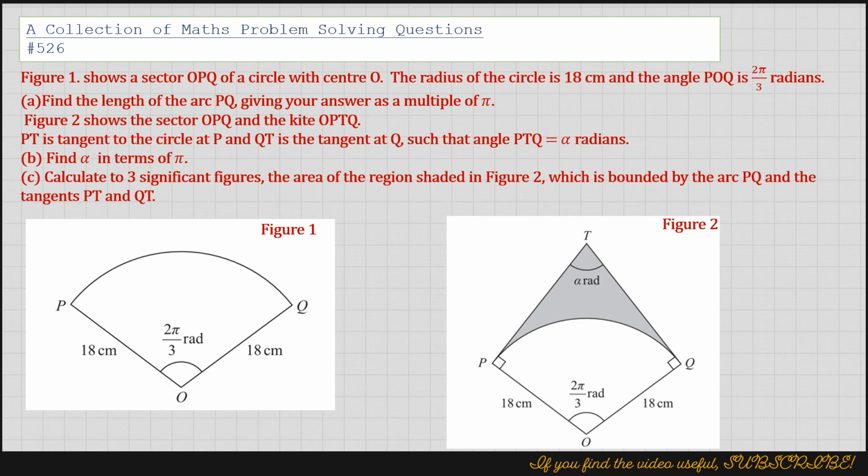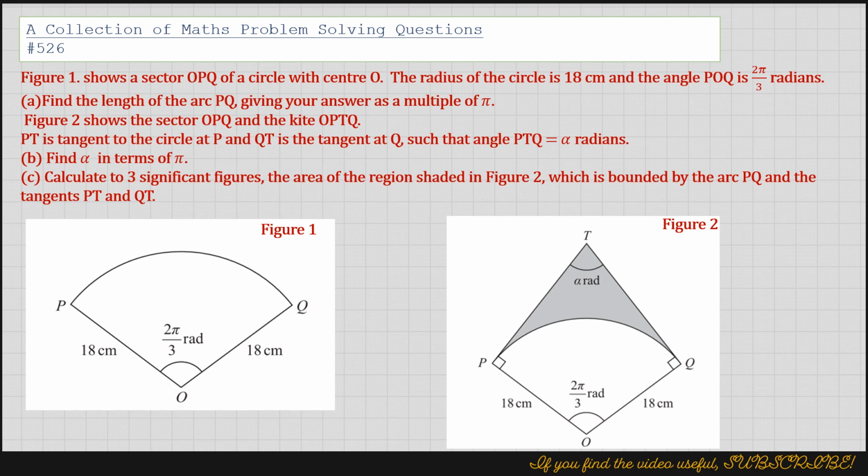Figure 1 shows a sector OPQ of a circle with center O. The radius of the circle is 18 centimeters and the angle POQ is 2 pi out of 3 radians. Find the length of the arc PQ, giving your answer as a multiple of pi. So